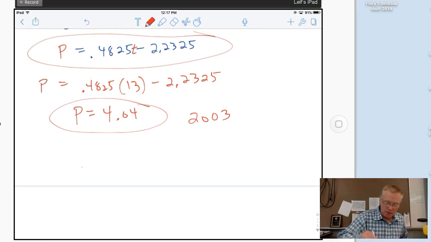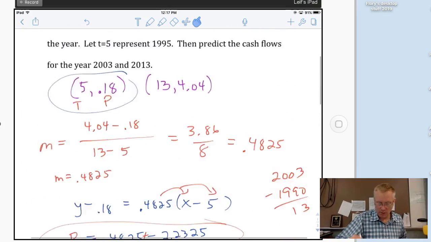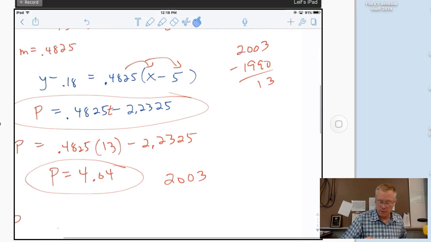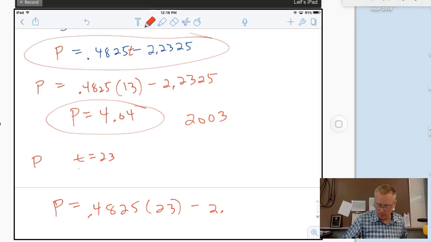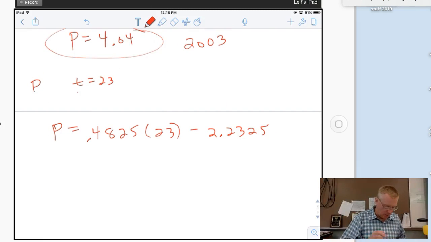And if I take that same equation and I plug in, the second one was 2013, so that means if 2003 was 13, this one will be 23 for t. P will equal 0.4825 times 23 minus 2.2325. And when you punch that into my calculator, 0.4825 times 23 is 11.0975 minus 2.2325. I get my answer of